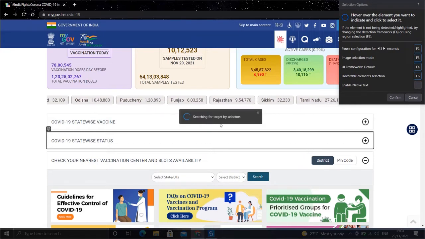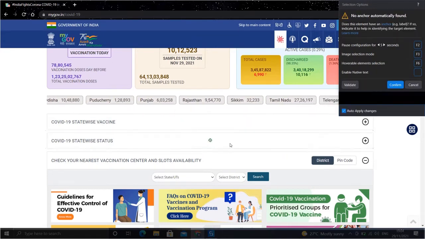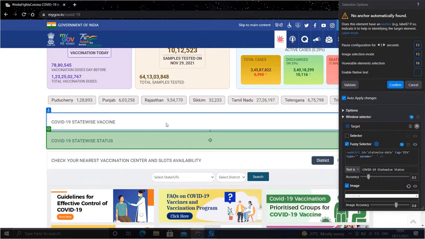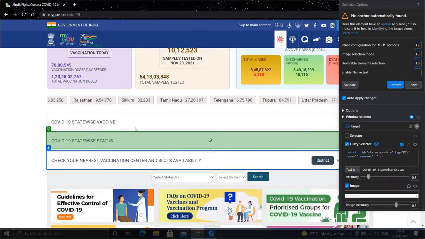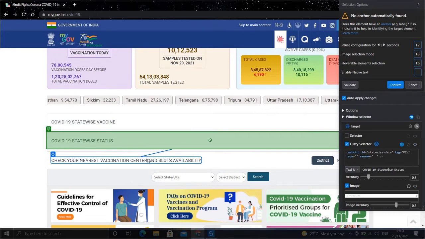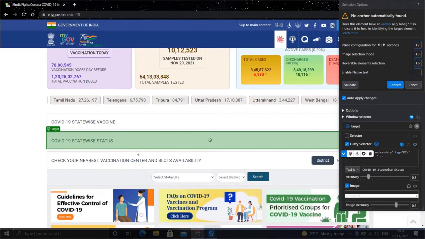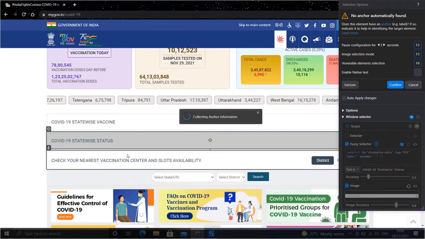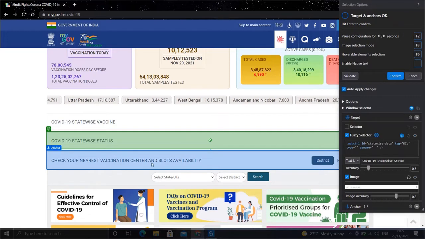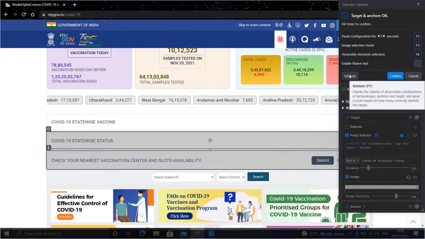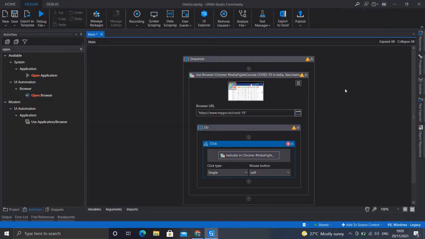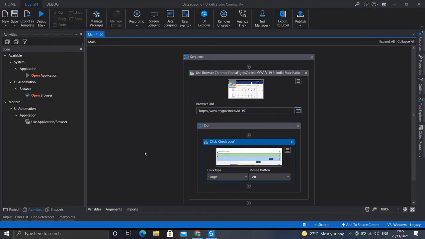So our target is being scanned, and just for confirmation we can also provide an anchor tag. An anchor tag helps in confirming the target so that only the target which you want is selected. Either we can select this bar or this bar just to make sure that this is selected correctly. I'll select this as the anchor tag. Okay, this is set. Let's validate it. Validation is done. Now let's confirm it. Up till now in our sequence, we open the browser, we type in this URL, and we expand the table for us to see.